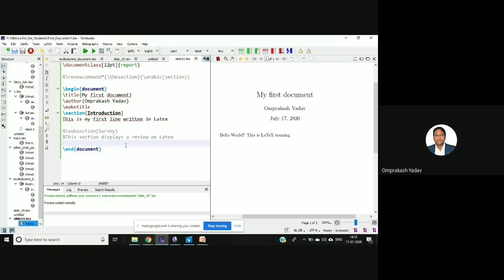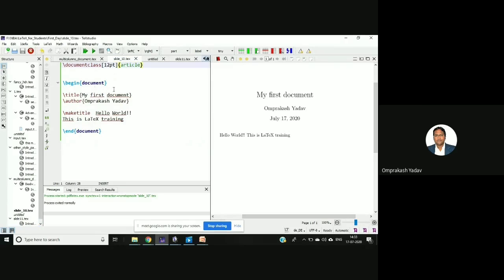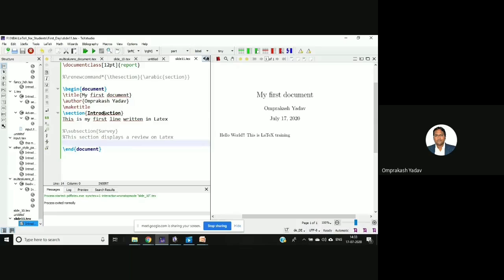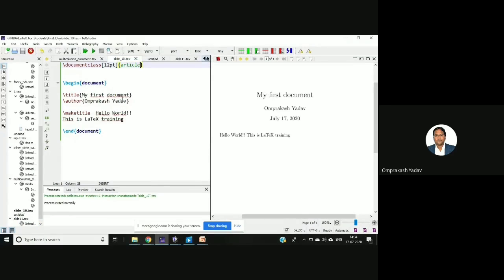Okay. So if you see here, same thing I have done. Nothing new from the previous slide. If you see the previous slide, the entire thing is same. So I just copied that particular thing. What I'm doing here basically is, if you see the output of this particular code, it will not show you any section. In this document there is no section. So basically I want to add the section over here.